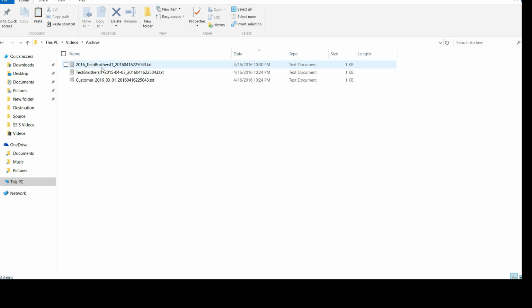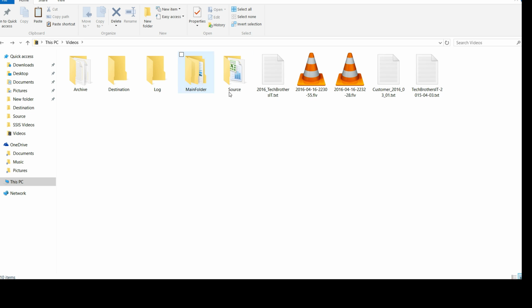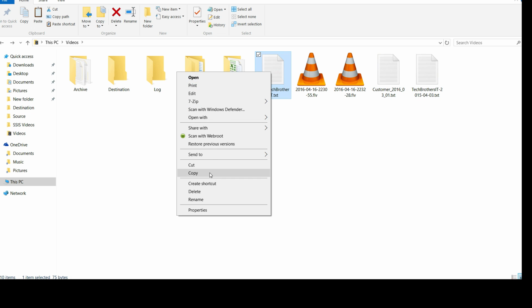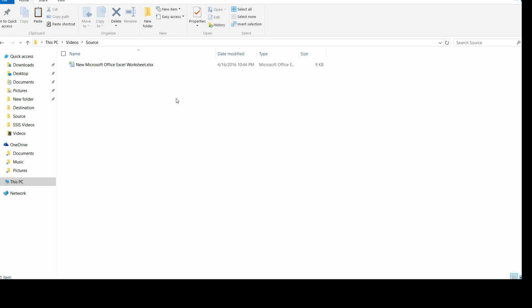Let's go to archive, and you can see that we took the files and added a date time to them, so we would know what time they were loaded or archived. This date part is what we added. Now this is good. Let's go back. Remember I copied one of the files. Let's say I go back and take TechBrothers, copy, go to source, and paste it here,